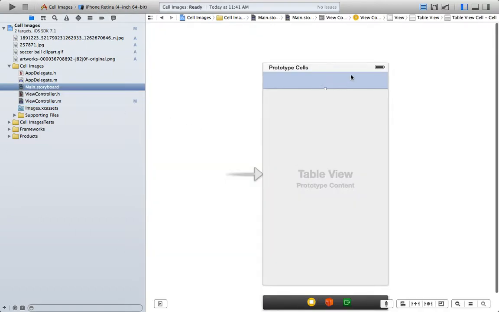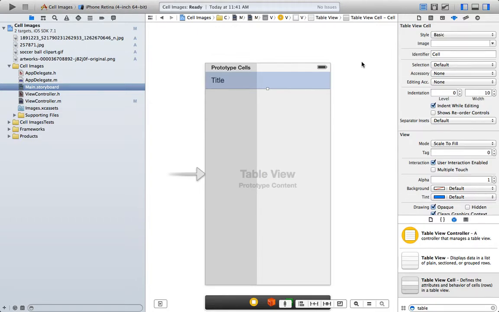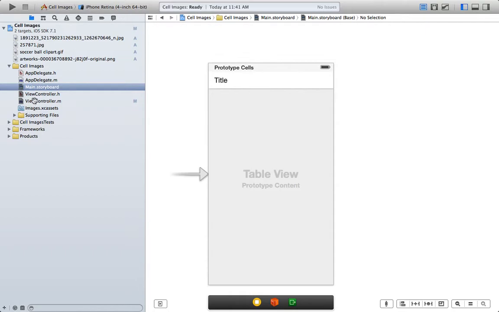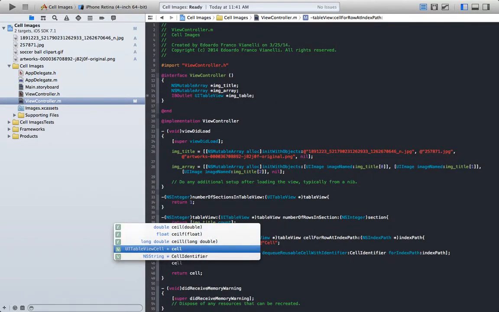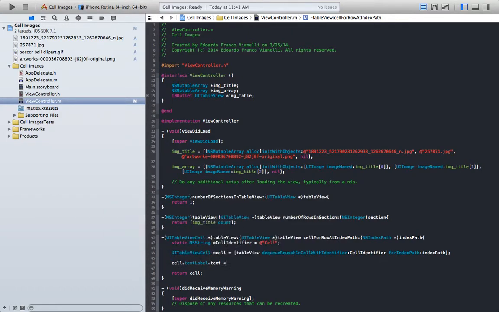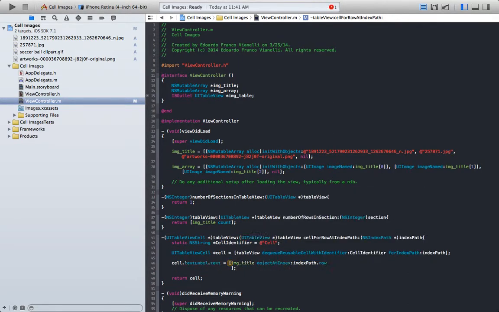So just go back to the storyboard, select the cell, and set the style to basic. Okay, so first we need to set the text label, which will be equal to our image title, indexPath.row, and then